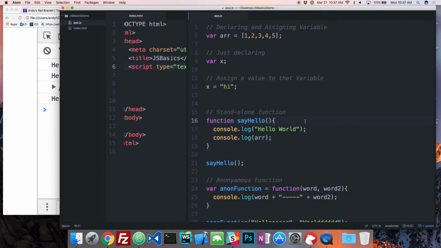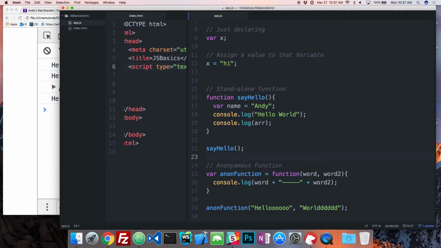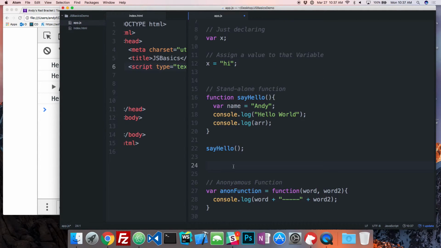But if I make a variable inside of a function, let's say name, make that Andy. I don't see it in the global scope. So I can't do console log, say log name. I won't be able to see this variable outside of this function.